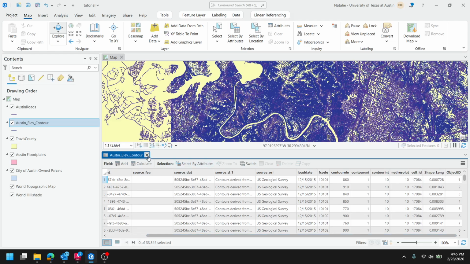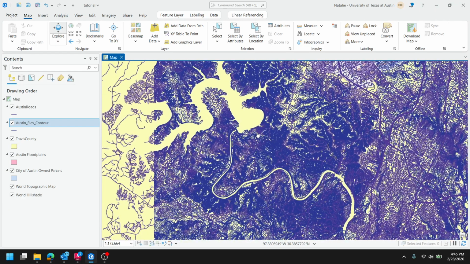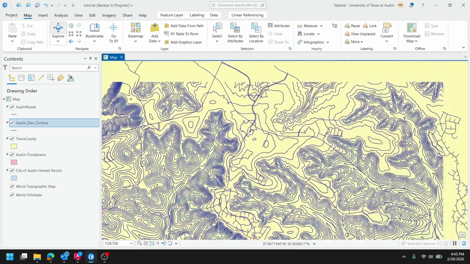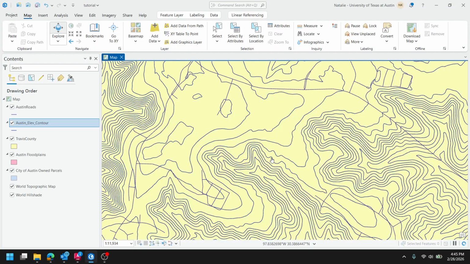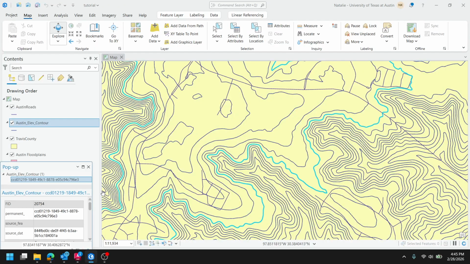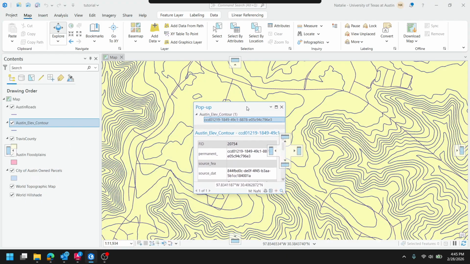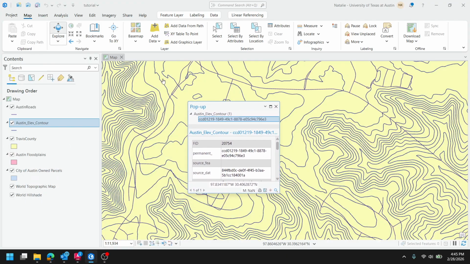So for contours, if I zoom in here and I want to know what the elevation is for this one, I can just click on it. And it will tell me in here what the elevation is. So sometimes you have to look up what some of these codes can mean, but most of the time they're pretty